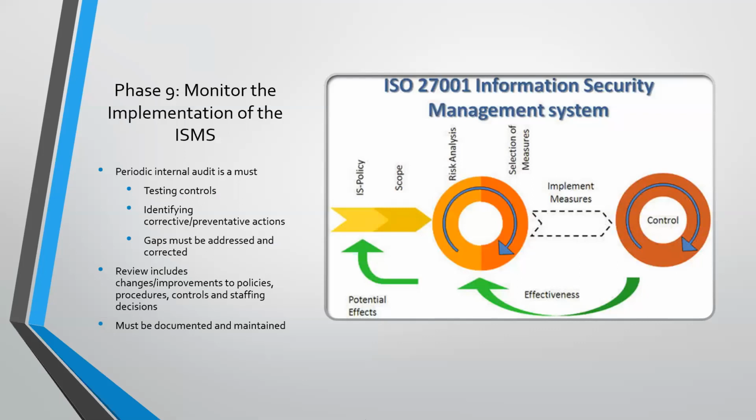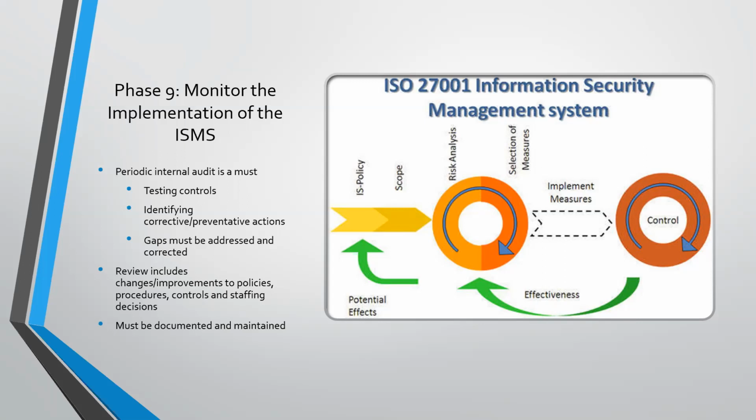And then phase 9 is going to be monitor the implementation of the ISMS. The periodic internal audit is a must for monitoring and review. Internal audit review consists of testing of controls and identifying corrective and preventive actions. To complete the PDCA cycle, the gaps identified in the internal audit must be addressed by identifying the corrective and preventive controls needed and the company's compliance